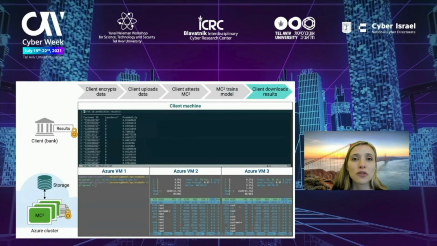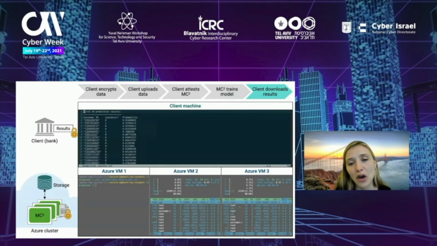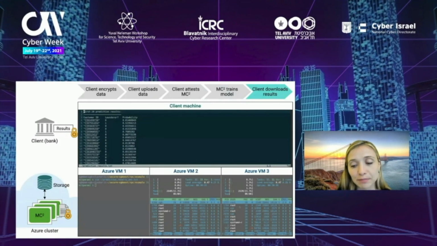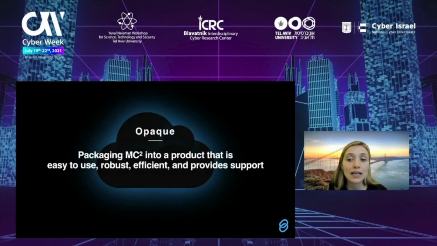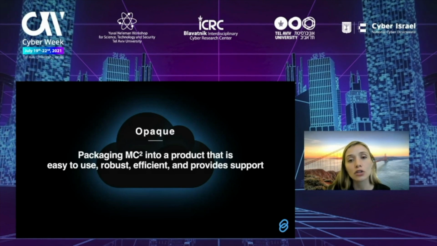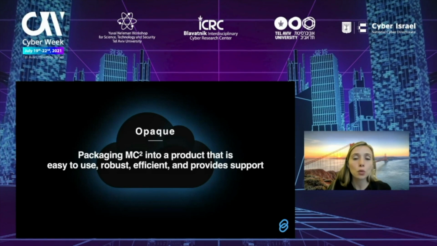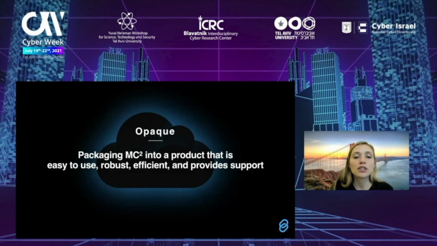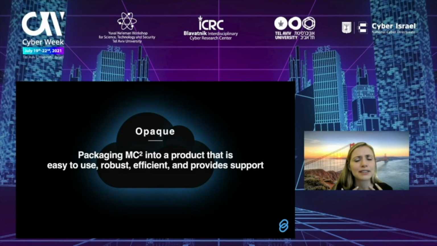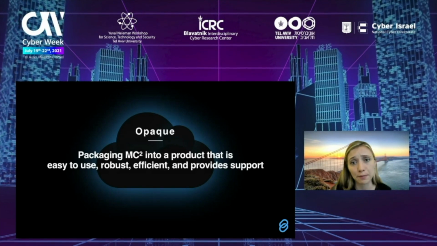Okay, so hopefully this demo gave you a sense, step by step, of how MC squared works. We wanted to take the MC squared open source further, instead of just being an open source artifact based on research, to make it into something that's easy to use, something that one can rely on, something that has full-time support and is efficient. So that's why some of my students and I and colleagues started a company called Opaque, which does exactly this. It packages MC squared into a very easy to use, robust, very functional and efficient system.